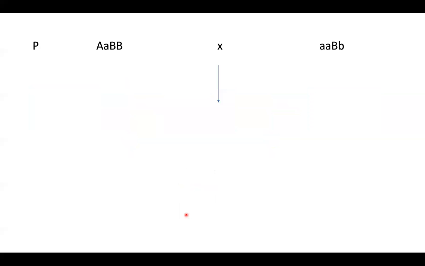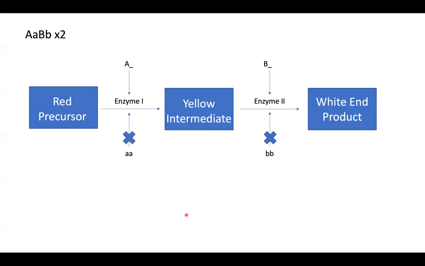Now, what if we had a parent generation of big A, big A, big B, big B, and little a, little a, big B, little b? We would cross this parent generation to get the first generation of big A, little a, big B, little b, which we would then cross by itself to get the second generation and its phenotypic ratios. For this pathway, we're going to have a red precursor, a yellow intermediate, and a white end product to help us establish the ratios. Again, starting with the big A and big B,